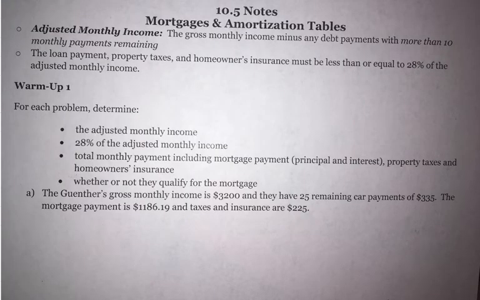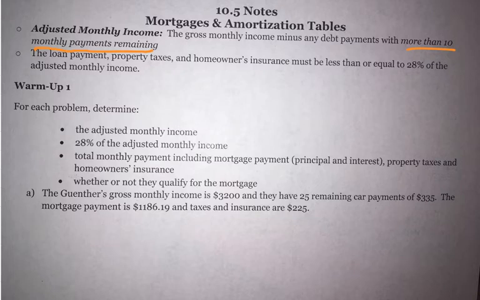Then we have two more concepts we want to address. The first one is what is your gross monthly income? So your gross monthly income is your take-home income before deductions. And then your adjusted monthly income is that gross monthly income minus any debt payments with more than 10 monthly payments remaining. The reason why it's 10 monthly payments is that